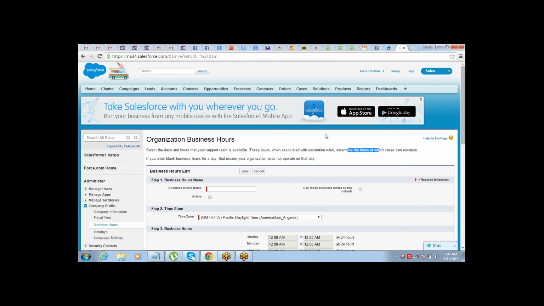Let's say you have a support team sitting in India and another support team in Canada, so you can define different business hours. Let's say the support team in India works 16 hours a day, and the support team in Canada works 12 hours a day. You can define it accordingly, and escalations for that team will happen based on the business hours you have defined for that team. Got it?